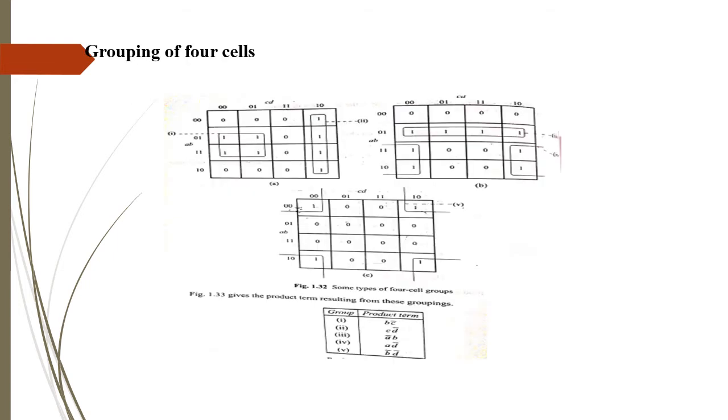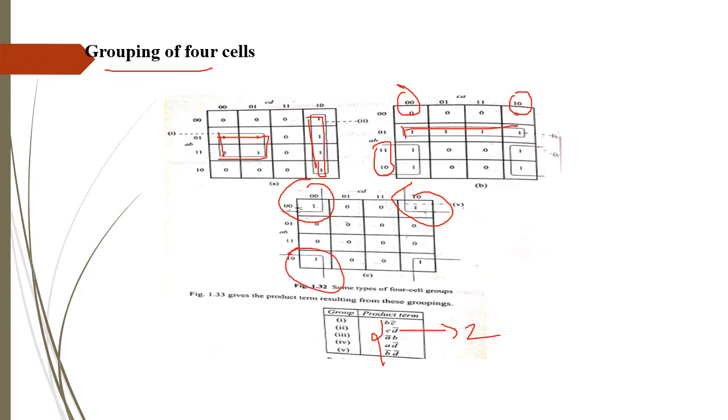In the same way you can also have grouping of 4 cells. In grouping of 4 cells, as I've said, your product term will contain only 2 literals. One possible combination is grouping like this. One more combination is grouping like this. You have to make sure that while grouping there is only a bit difference of 1. Also you can group like this, and also like this, because here you just have a bit difference of 1, as well as 00 and 10, where there is only a difference of 1. Similarly you can group all the cells in the corner as 4-cell grouping.